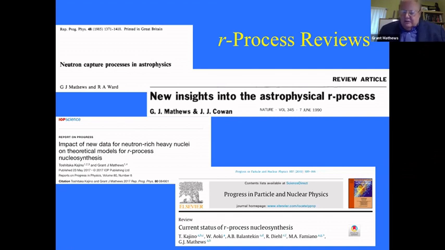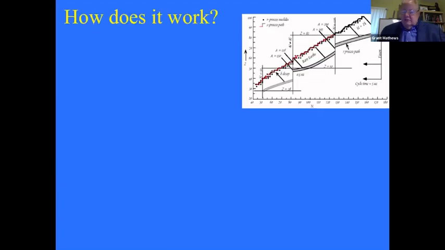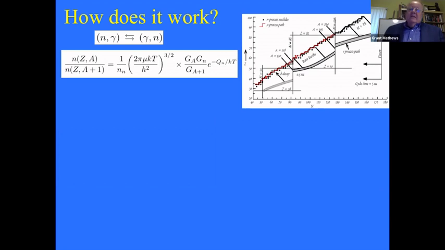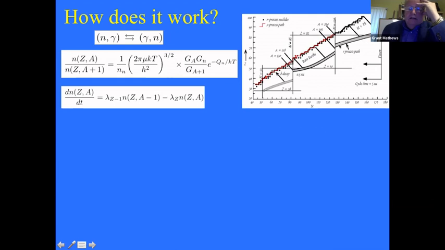So it's been an interesting evolution, but just by way of overview, how does the R process work? It's just simple N gamma equilibrium. Sorry to go through such a simple matter, but it points out what we really need to know. In the N gamma equilibrium, there's just a nuclear statistical equilibrium. And all you need is a kind of nuclear Saha equation at a given neutron density. And that brings one to a path far from stability. And then as one arrives at this path, this is an old figure, I think it's even from B squared FH.